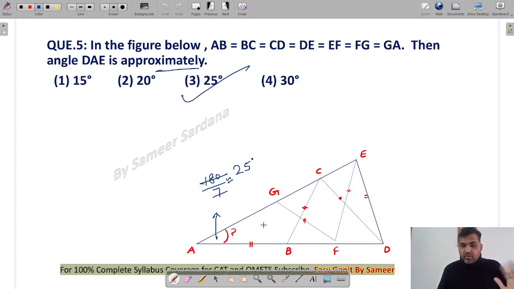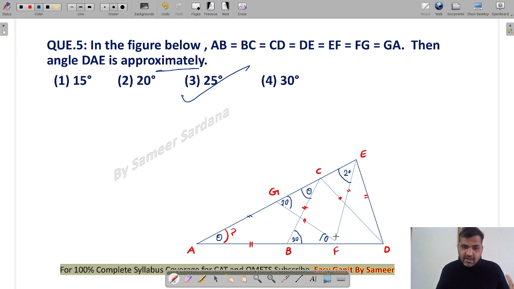Now again, the proof of it is exactly similar to what we have done in the previous question, right? Again, just take this angle as theta. Let me just give you the proof of it also, guys. If I'm taking this angle as theta, you can see that this angle will also be theta. Now this angle will be 2 theta, right? And because AG and GF is same, so this angle will be 2 theta. This is an exterior angle of AGF, so this will be 2 theta. So this angle will also be 2 theta.